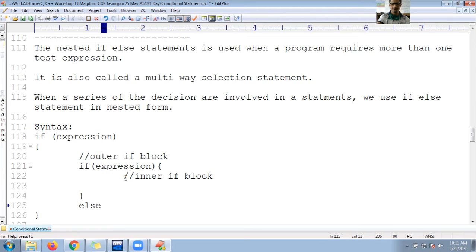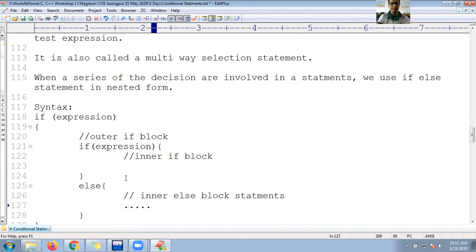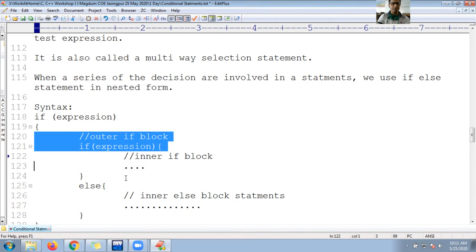So you can write statements here, the inner else block statements, guys. You can write any number of statements here as per your requirement. Within this outer if, we are writing one more if-else statement.